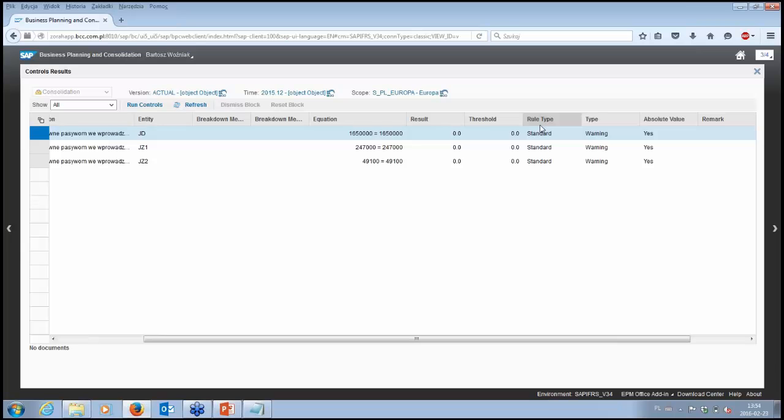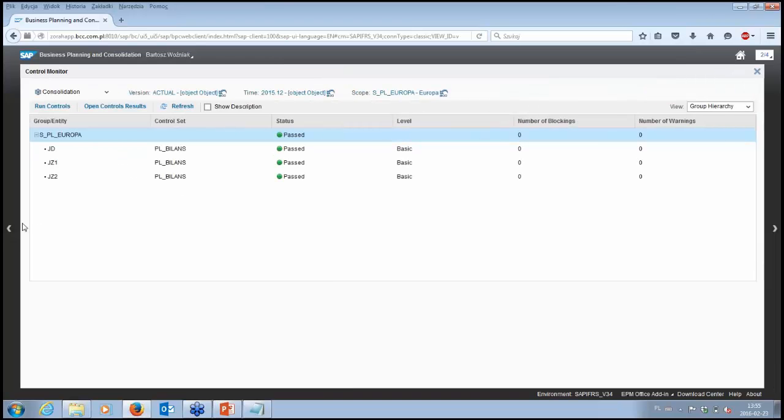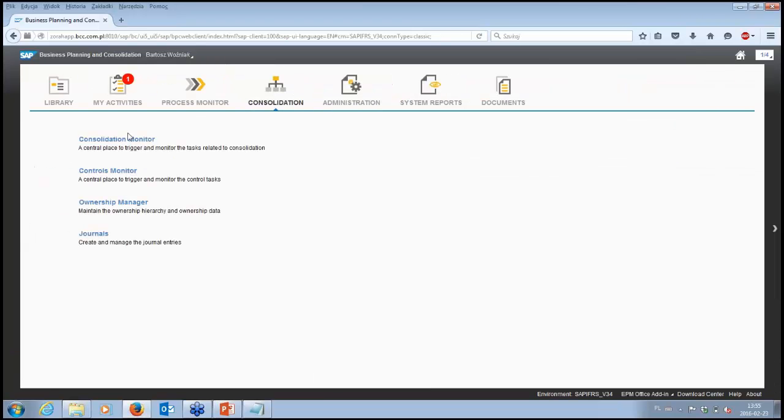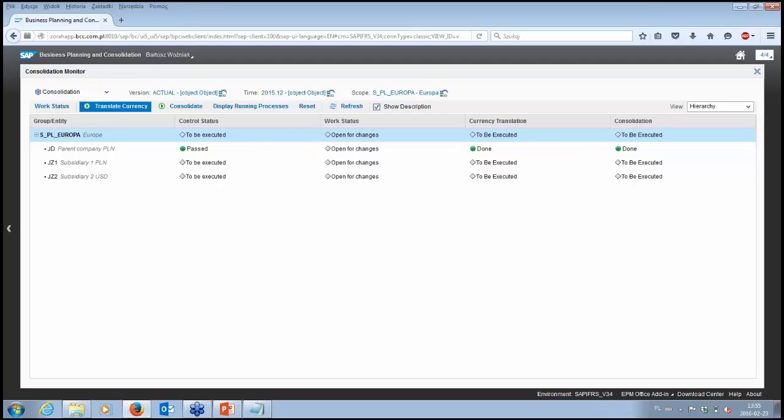It may be described in figures, but it may also be described as discrepancies in percentage values, but here we require it to be exactly as it should be. Okay, so we can go back to Consolidation Monitor and refresh it. Now we have the data control status marked as passed.